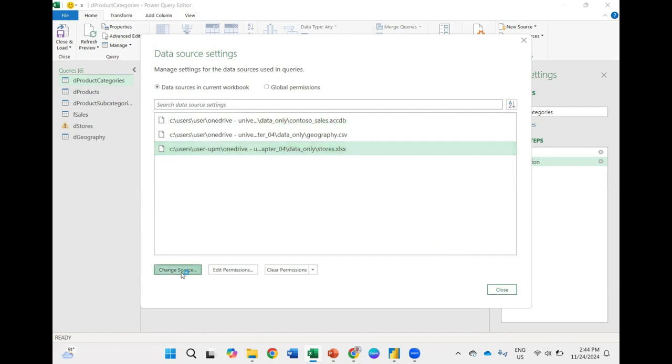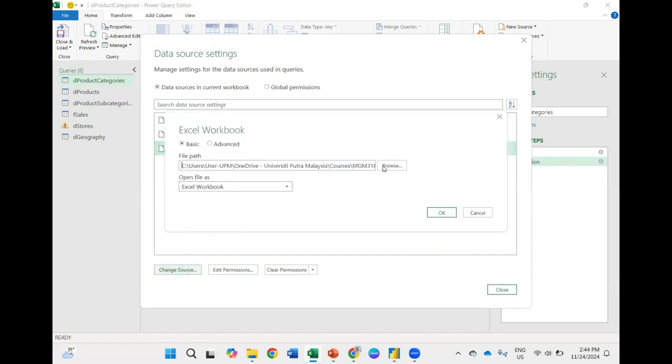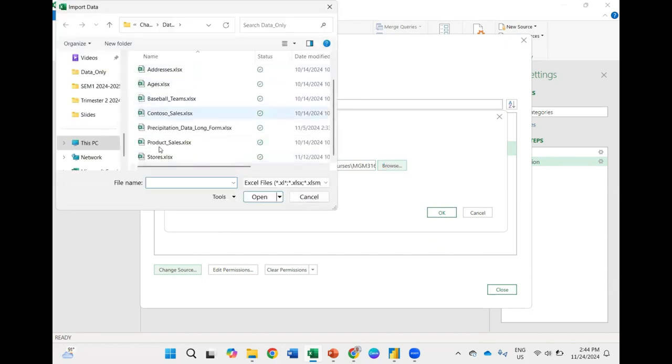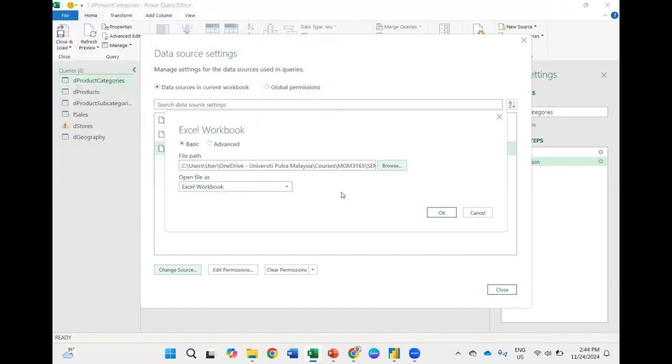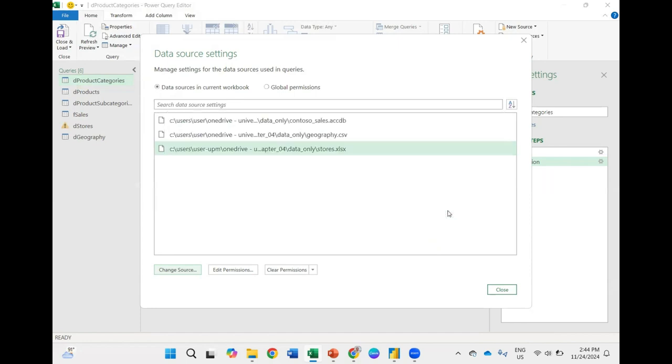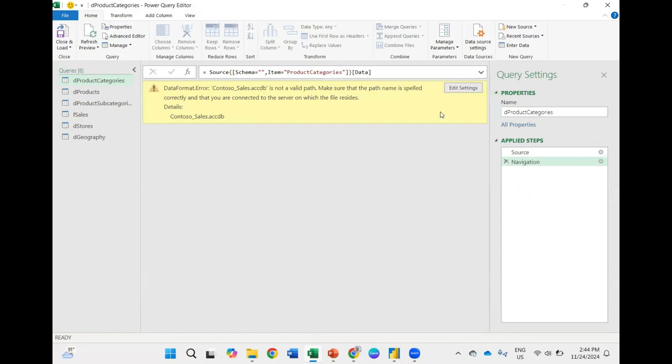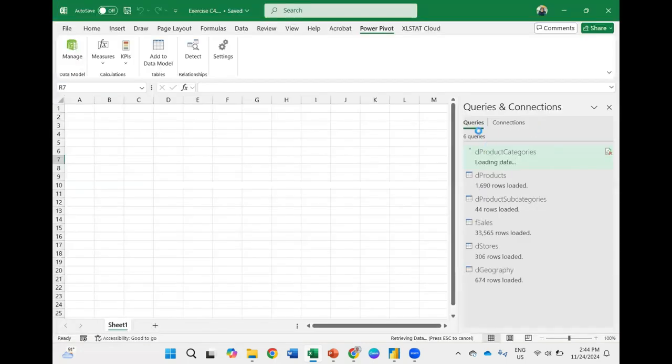Change source, browse, store, click OK. Close and load. Now it improves our source of data.